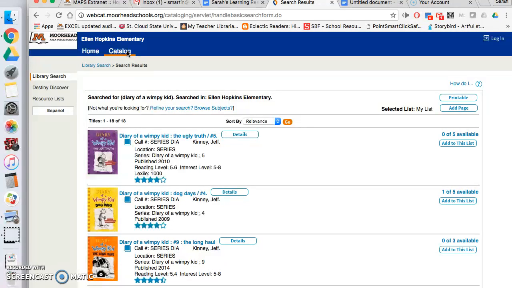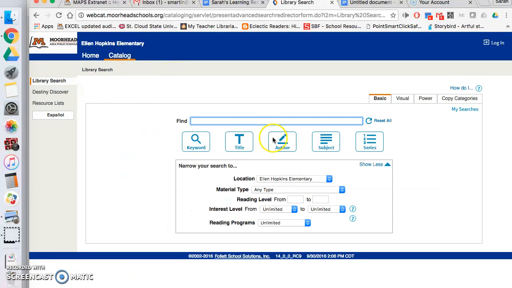The first thing to know is that the screen changed a little bit. Last year it had a green background and this year it has a blue background. And when you sit down, if it doesn't have a clear screen, you just click the word catalog and you'll get our search screen. Again, a little different colors than last year, but it works the same way. We have a basic search and it should be on that first tab over here. Then you just put in the name of the book that you're looking for